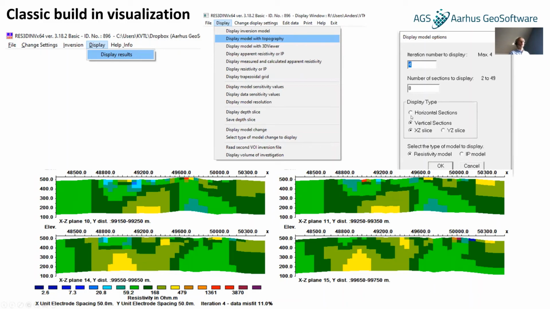You cannot show horizontal sections with topography because then you cannot see the topography. And then you select whether you want to show the resistivity model or, if you have IP data as well, the IP model. Then you select OK, and you will get a display like this. As you can see, you can always also select to display depth slices. The option is down here. So that's the classical